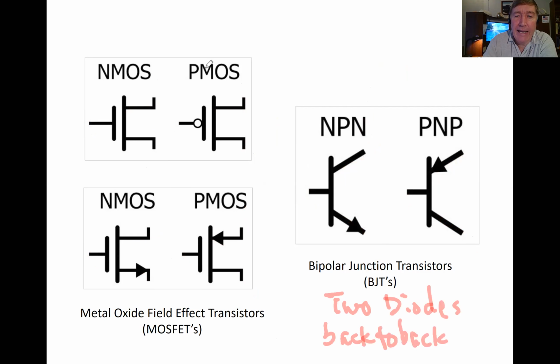This represents one of the diodes. If it's back to back, that means the other diode is like this, because the tail of this one and the tail of this one go together. If they're hooked up like you see on the right here, then the other diode is like this,